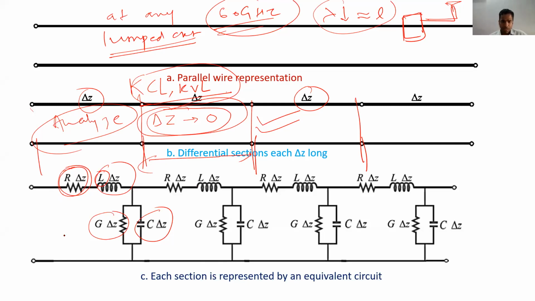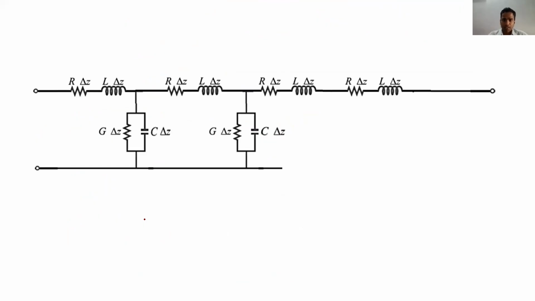And the medium between the two conductors is also not ideal. Even the dielectric medium between the two conductors is not ideal, so it will have some conductance. It is not infinitely high resistance, it will have some conductance. And because there are two parallel conductors, there will be some leakage current flowing between the two conductors that gives rise to the capacitance. And that is why we develop a model like this.